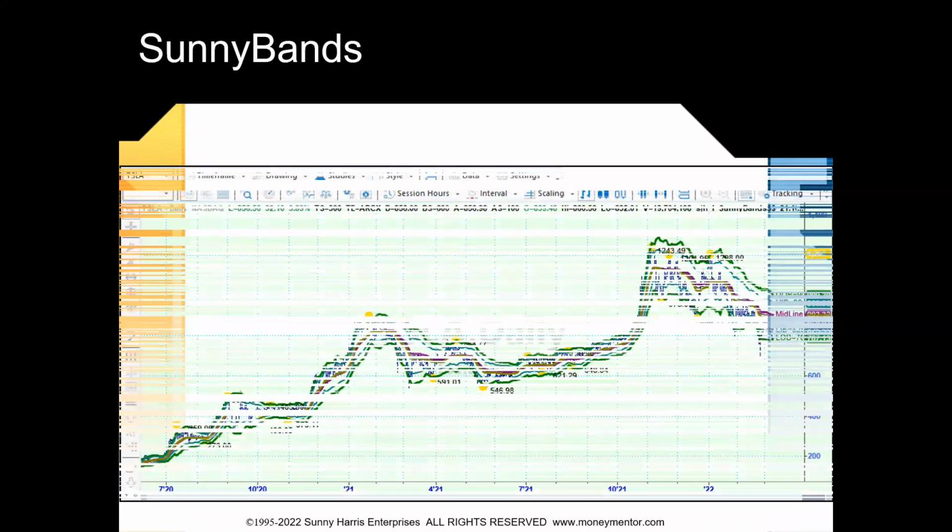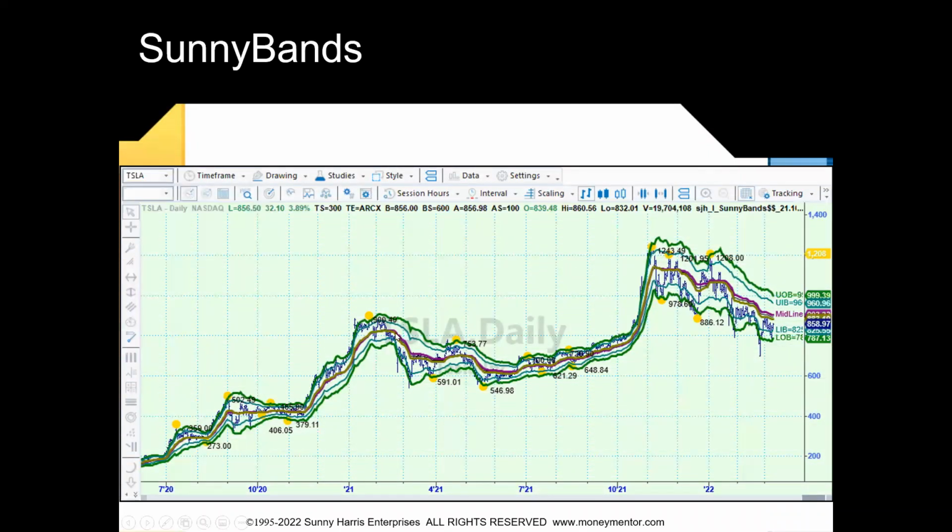Now I'm going to show you SunnyBands. These green and dark cyan lines, or teal, are my SunnyBands, and they look hard to read because it's all squished together there. But you can see the yellow dots. I told you I would tell you about my PHW indicator, and there it is. The yellow dots, PHW stands for potential hourly wage. So it marks the perfect highs and perfect lows to get in and out of every trade, so you maximize your profit.